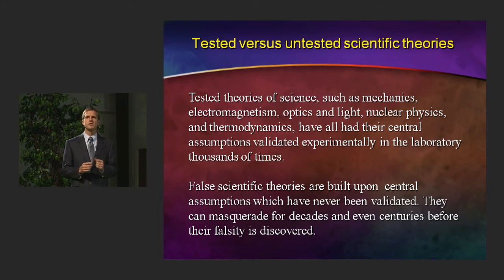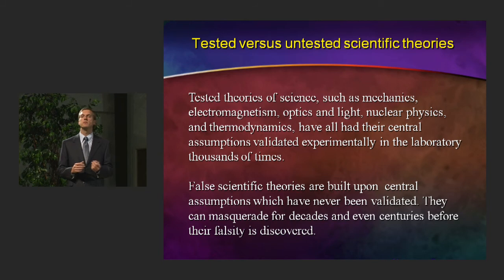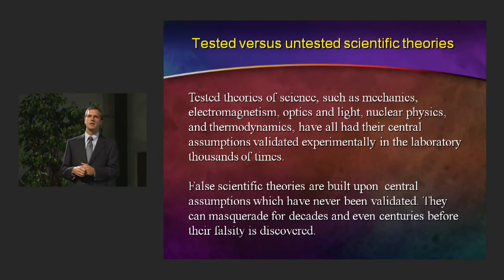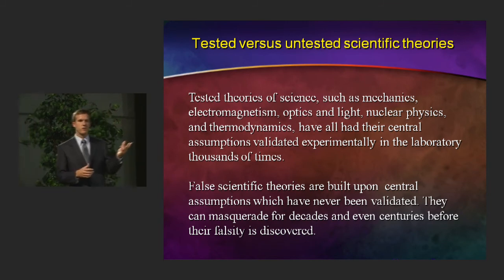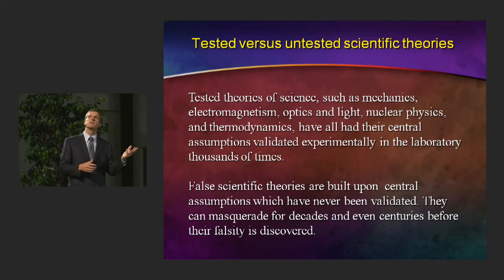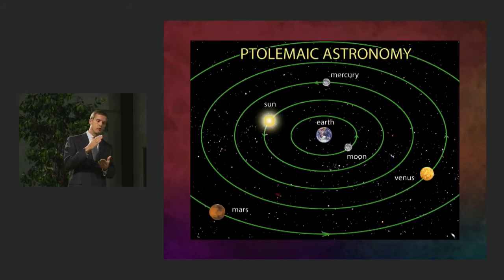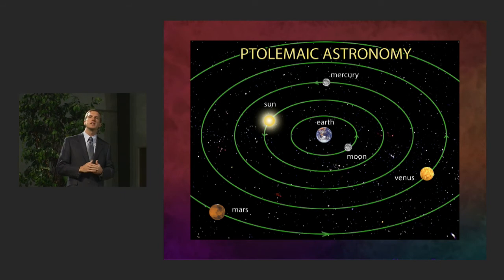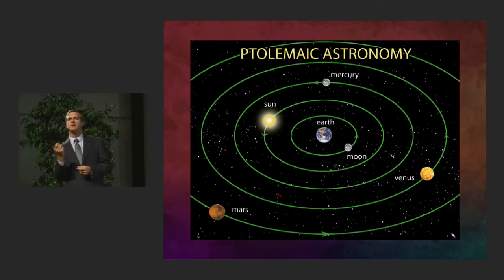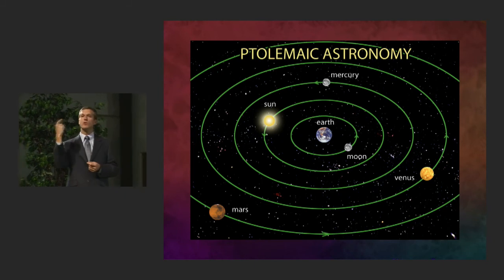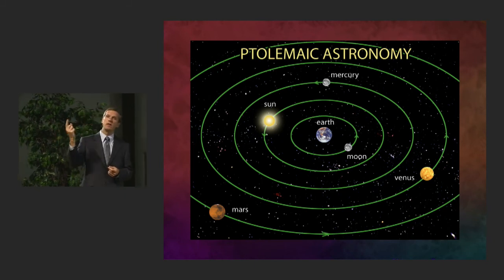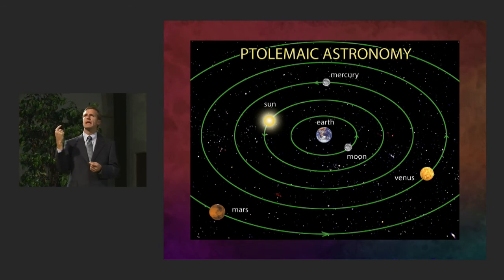False scientific theories are built upon central assumptions which have never been validated. They can masquerade for decades and even centuries before their falsities are discovered. And of course, the perfect example of that is the astronomy of Ptolemy. How many knew from their 8th grade science class that there was once a time in Earth history where everyone, all scientists, anybody that had any interest in astronomy, knew that the Earth was at the center of the solar system, that the sun rotated around the Earth, that all of the planets rotated around the Earth, and built an